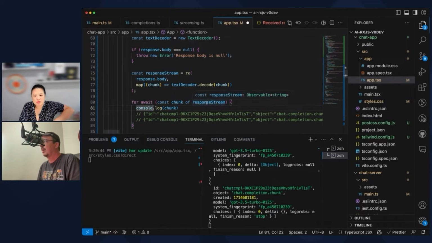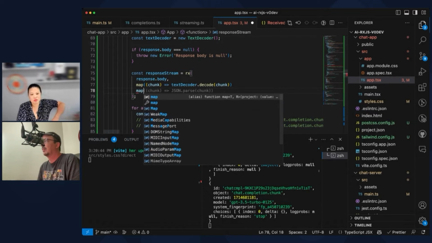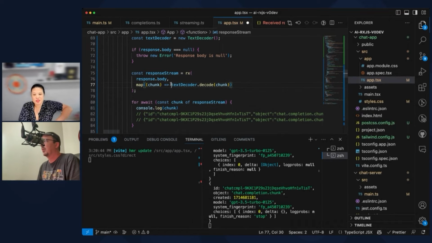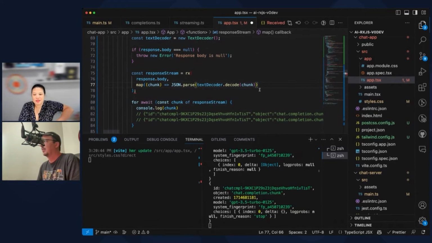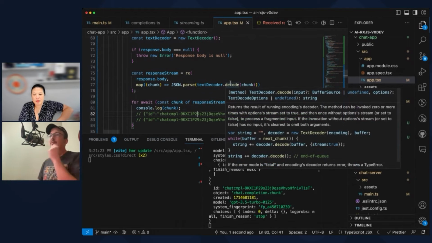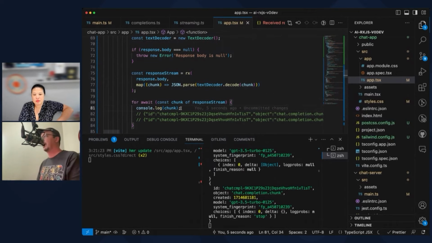It says it's a string. Oh, because I decoded it. I need to JSON parse it. Oh, it literally just did it for you. But I'll do it all in one lump because there's no reason to have two operators in there just to do something simple like that. All right. So now I've got this thing. We don't know what it is. See if I can figure this out. As message sweet.